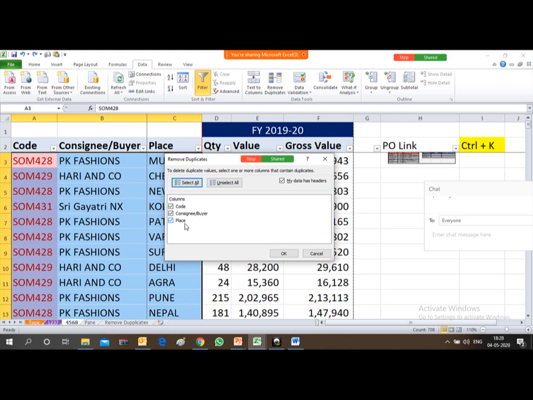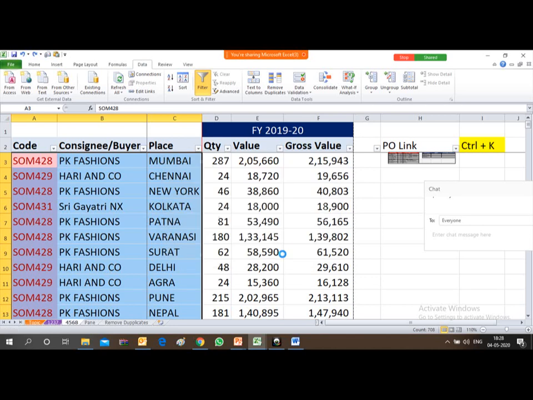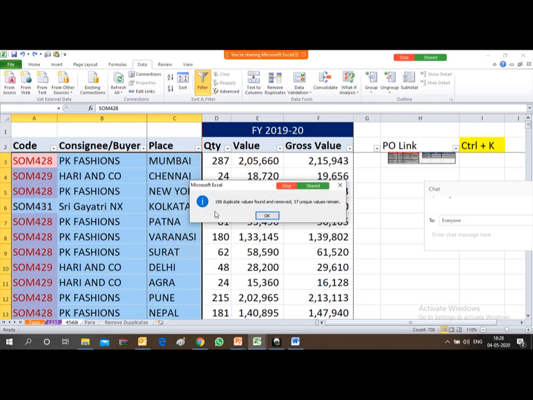Otherwise it will keep each and every data as it is. It will make a combination of party code, party name and place. So only this unique combination will remain in the column. I'm just pressing OK, and it is saying 198 duplicates have been removed and 37 unique values remain.